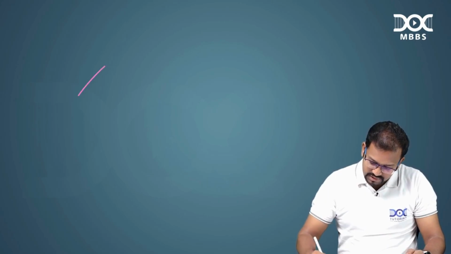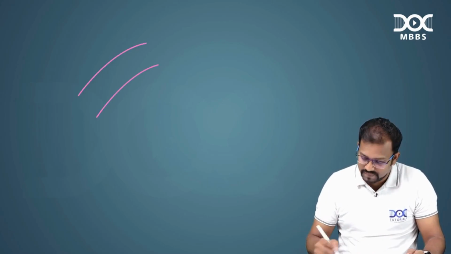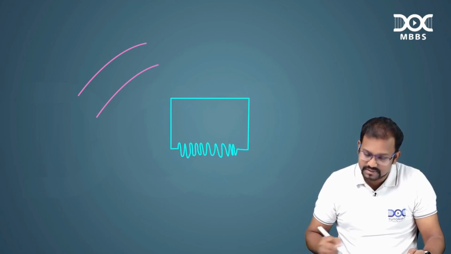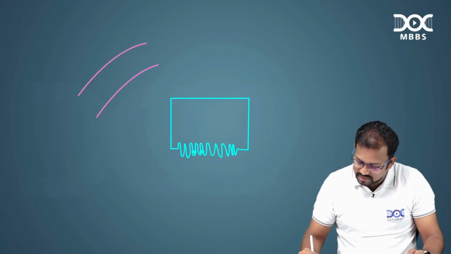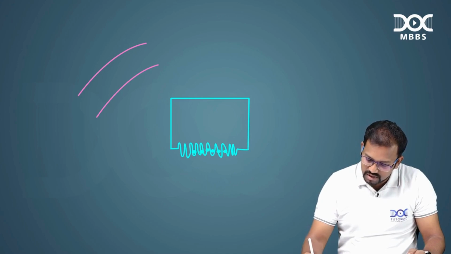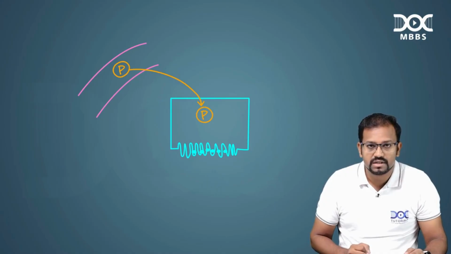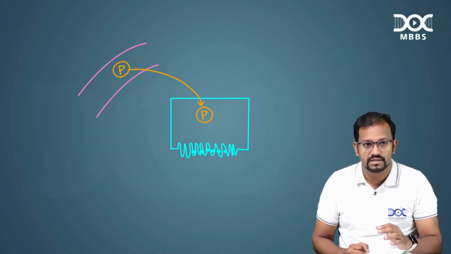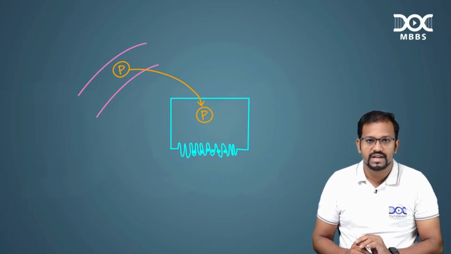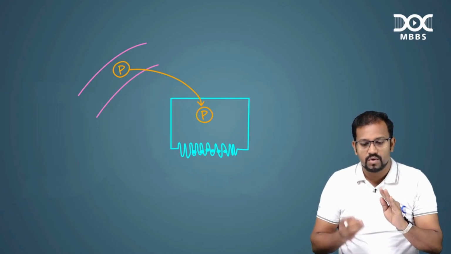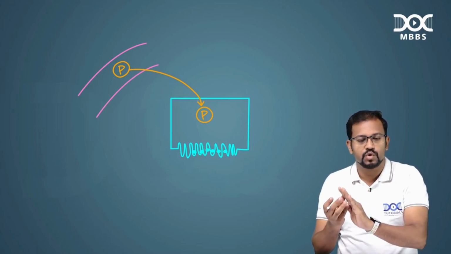Consider here is where the blood vessel is, and here is where your cells are. This is your parietal cell. These are your canaliculi, and here is where the proton pumps are going to be. Now this drug molecule, that is your prazole drug, gains entry into the cell from the blood vessel and gets accumulated inside the cells. After it gets accumulated, this drug will be waiting for the proton pumps to open. Once the proton pumps are opened, it is going to bind with those pumps